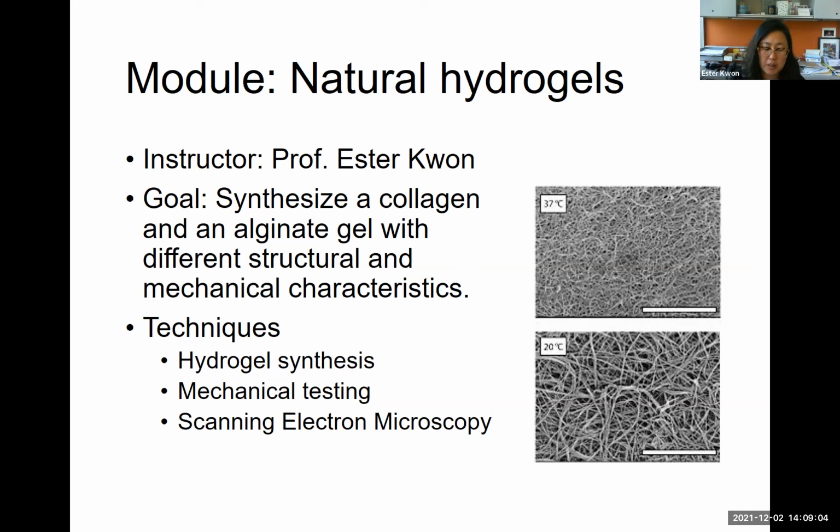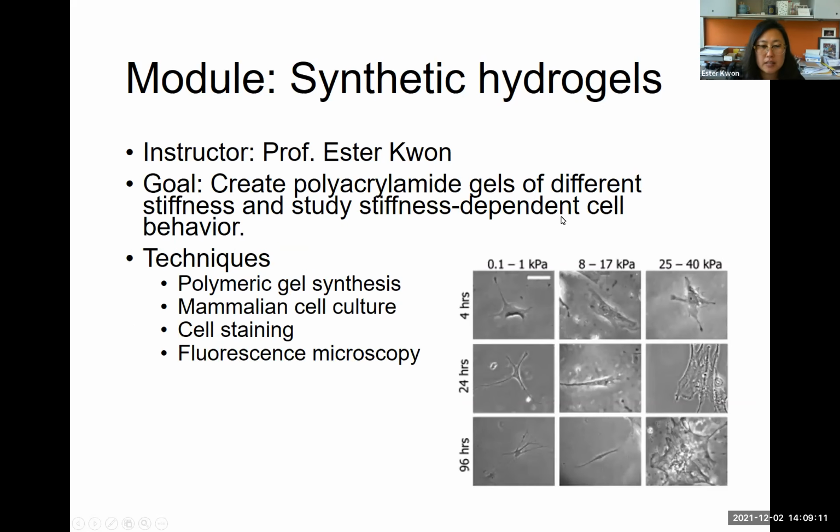So these are two very commonly used materials to form gels. So we'll be guiding you towards those. And then another module will be synthetic hydrogel. So instead of using naturally occurring polymers, this one will be using polyacrylamide to create different stiffness of gels, and then studying stiffness dependent behavior. And so here you'll be synthesizing polymeric gels, culturing cells on them, staining cells on them, and then imaging them